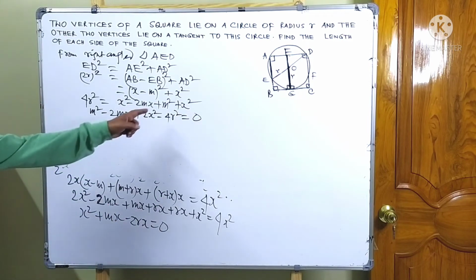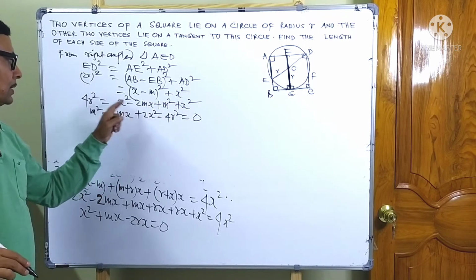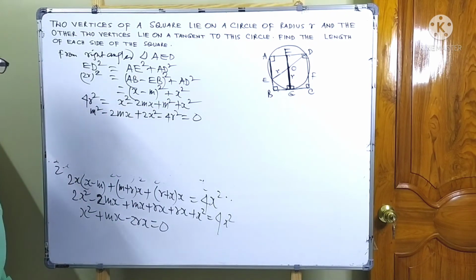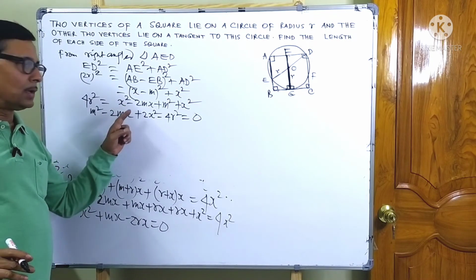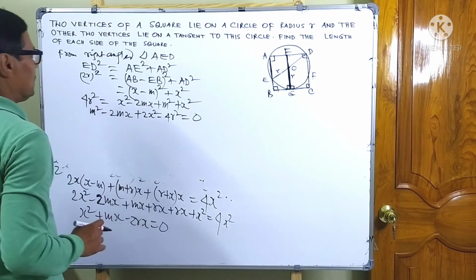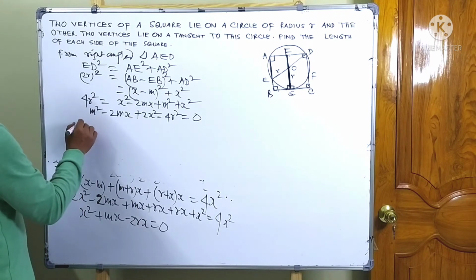This is a quadratic equation in m. So, by Sridharacharya's rule, we can find the roots of this quadratic equation, which are m is equal to